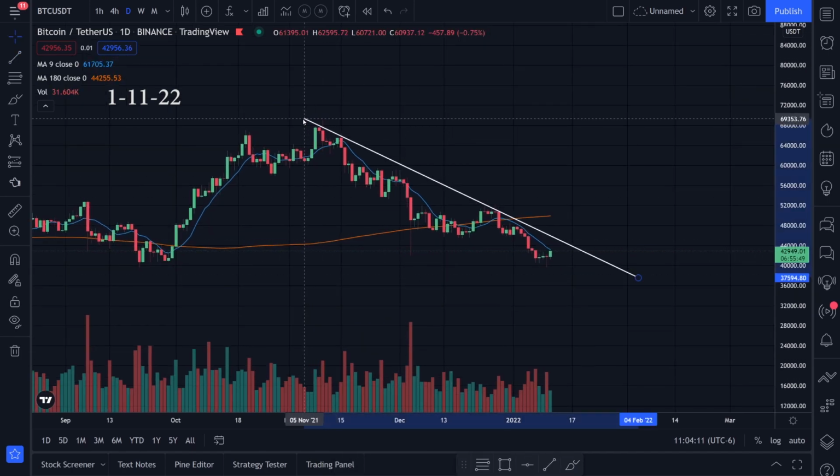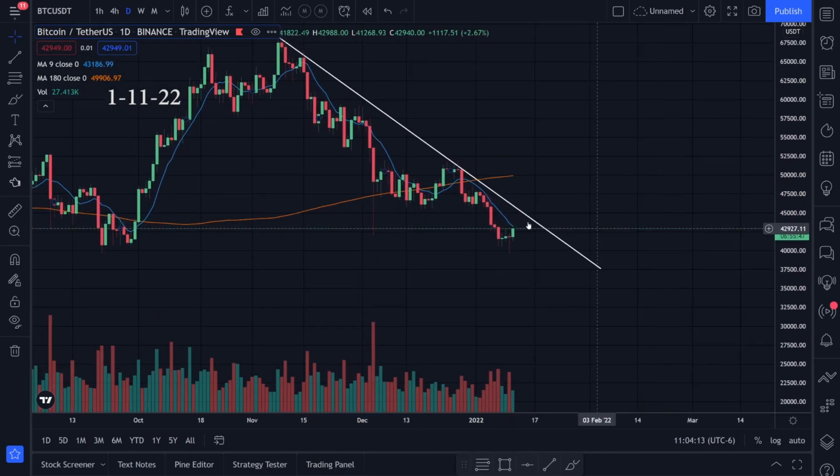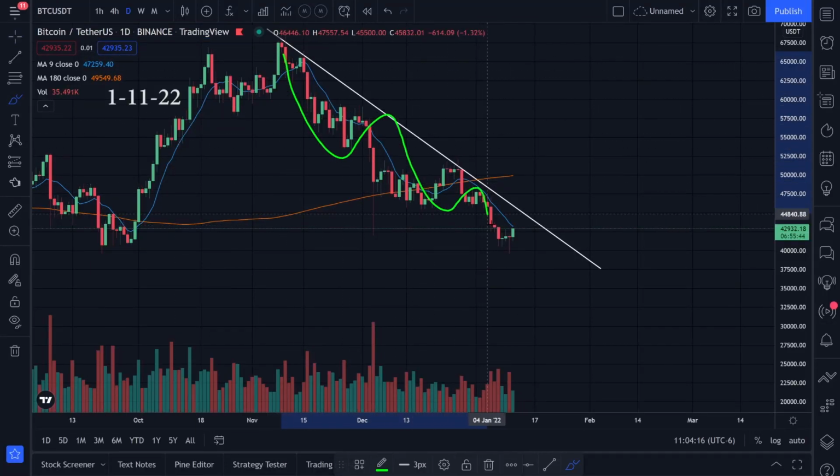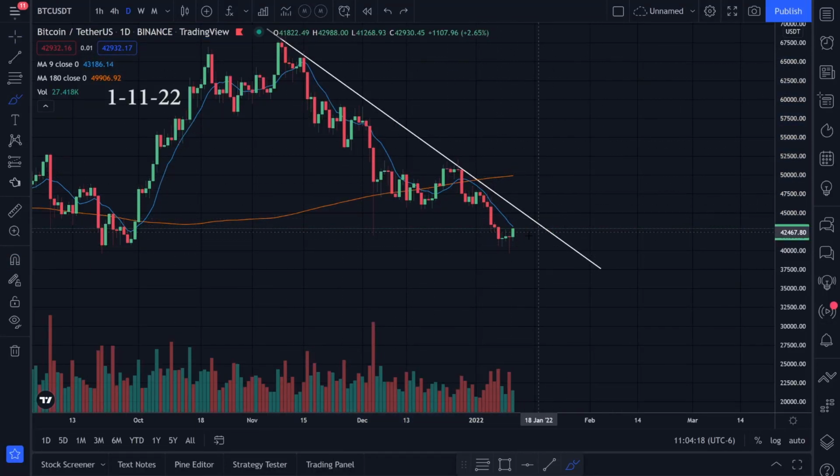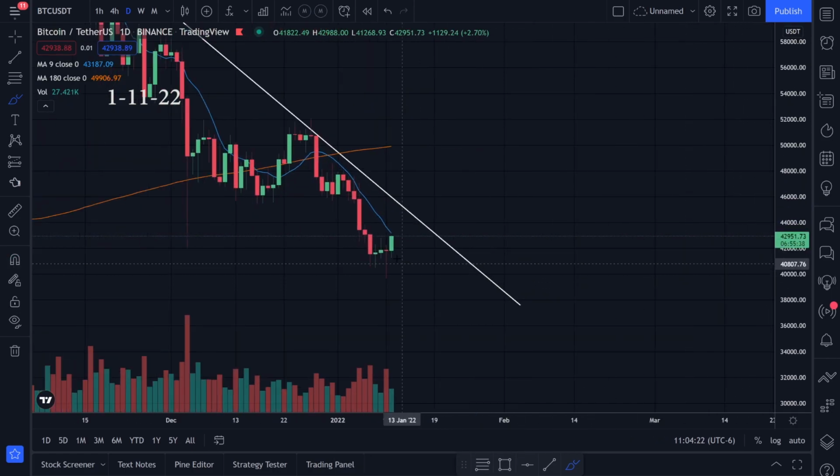This is just my opinion. This is what I'm thinking. Until we break this trend line going to the upside, I'm still going to be a little skeptical about what happens when we come up over here. I was thinking that we might be getting some volatility right now, and it looks like we're already starting to do that. I was wondering if we're going to get support right here and then come up,